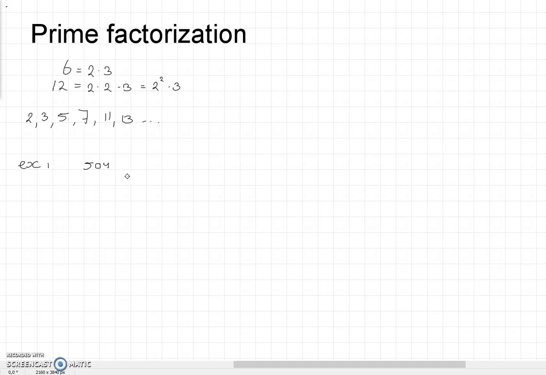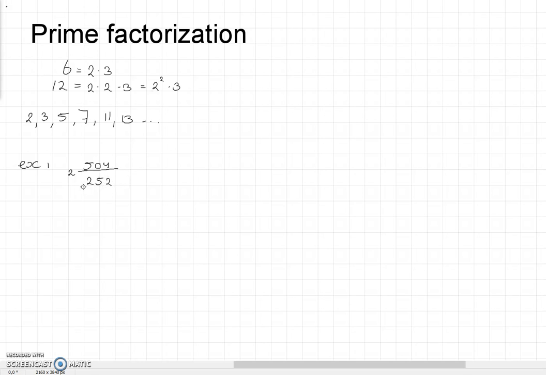504. In order to write this number 504 as a product of prime numbers, we're going to look at the first prime number in the list, and we'll check if 504 is divisible by that number. If not, we go to the second, and if not, to the third, etc. In this case, we know that 504 is even because it ends in an even number. So we know that it can be divided by 2. We can write that down as a reminder. And we get the number